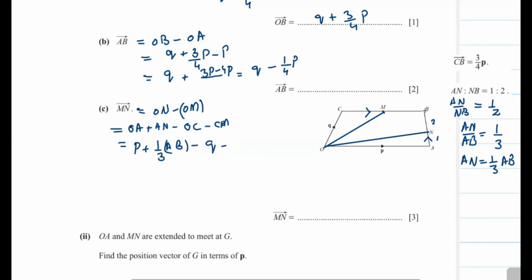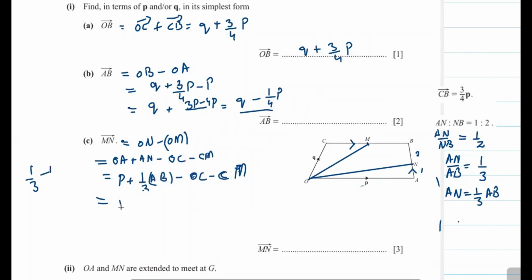And CM, M is the middle of CB. We can write it 1 over 2 of CB. Now we can write P as it is, plus 1 over 3 AB. AB is Q minus 1 over 4P. Now 1 over 3 Q minus 1 over 4P. You see here OC is minus Q. CM, M is the midpoint of CB. Now we write it 1 over 2 CB. You see here 3 over 4